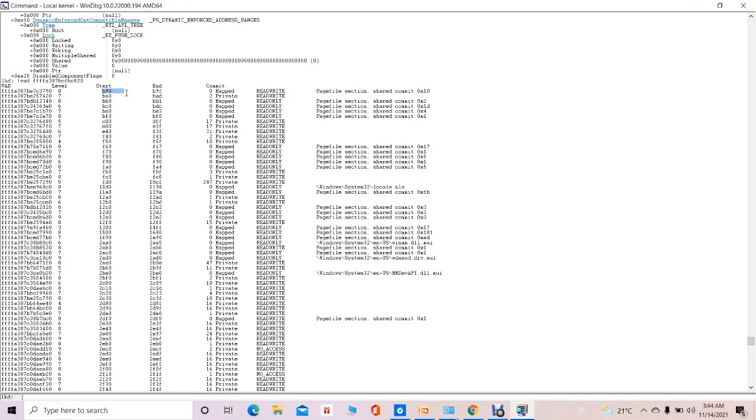The first page of this mapped file is at the B90. You have to convert it to the physical address. This B90 is a page table entry, and similarly the ending page is mapped at the B9.